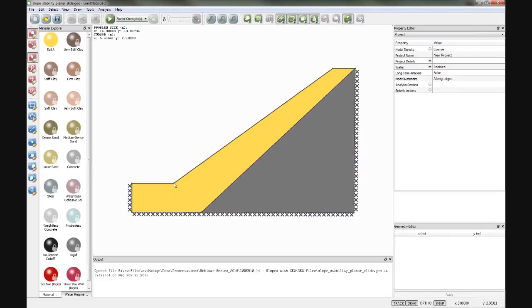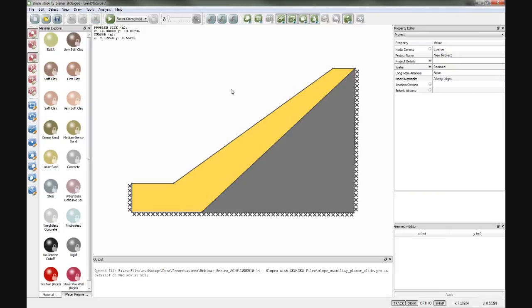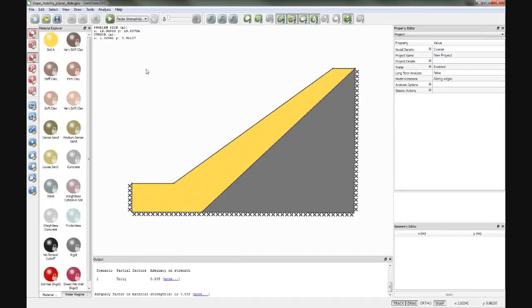Now the angle of this slope has actually been drawn to be an angle of 35 degrees, while the friction angle is 30. So technically that slope is unstable as it is. It cannot stand up at that angle. It should just fail. And if we tried to find a solution in the software, initially it will just say it fails. But if I click the factor of safety, factor of strength solution, what it will do is find the factor which makes this system just fail, and it's 0.838, and that turns out to be